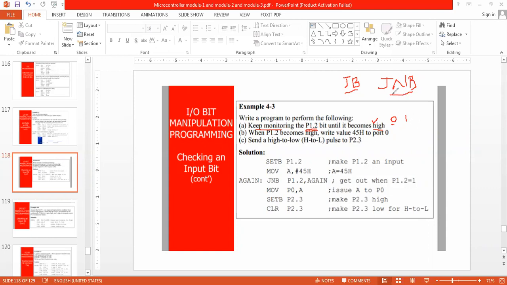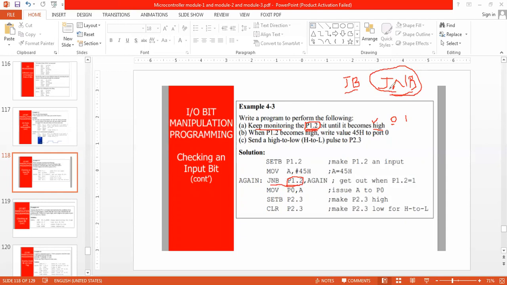It is JNB only. See, monitoring is what? I have to look for this single pin continuously. It means I have to stay upon this instruction only. So jump if no bit.